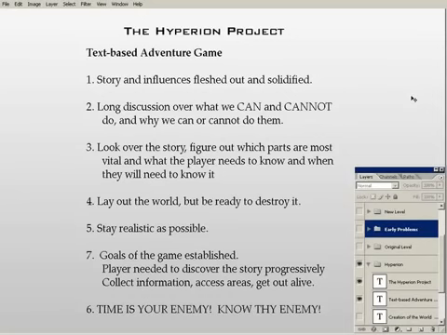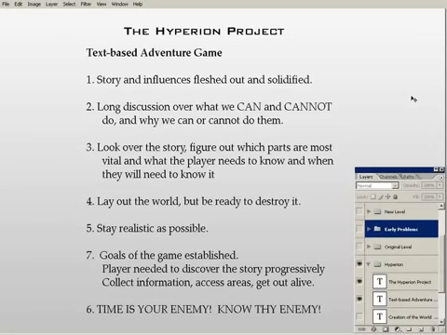Once the story was more or less in place, or as in place as it could get within the time constraints, we had a very long discussion over what we can and cannot do, and why we could or couldn't do them. I had a lot of things I wanted to do. I've played several text-based games, and I had in my head this vision of something that had 25 commands, and you could pick this up, and you could use that, and you could look at this thing, and you could scan this with your little PDA scanner. Not to forget how you wanted to be able to hack computers. I wanted to hack computers. I wanted directory listing. Yeah.